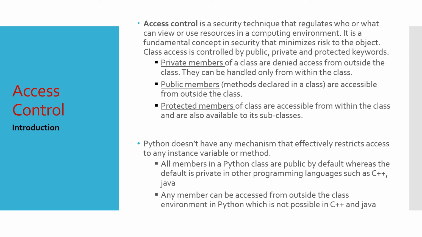Okay, access control is nothing but a security technique that regulates who or what can view or use the resources, meaning the data, in a computing environment. It is a fundamental concept in security that minimizes risk to the object. So what does this mean? When you do programming, you are obviously doing programming to solve a problem. That's fine. But when such